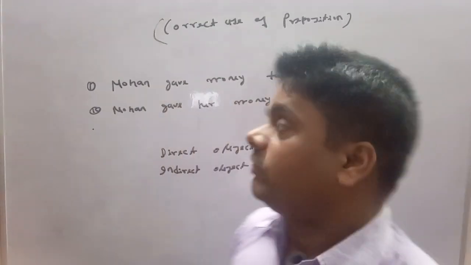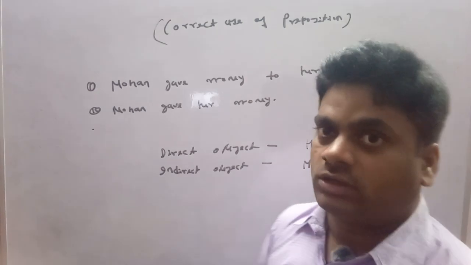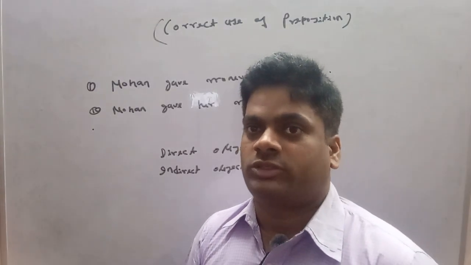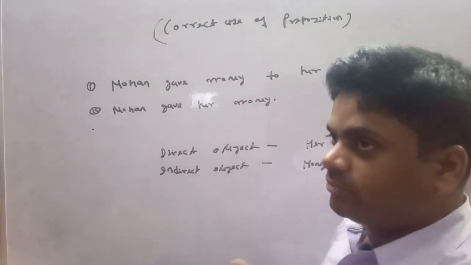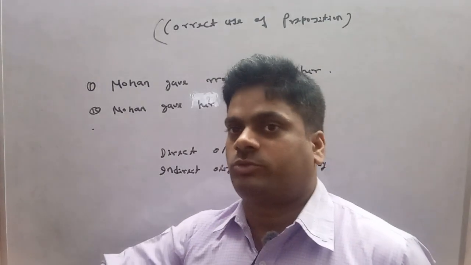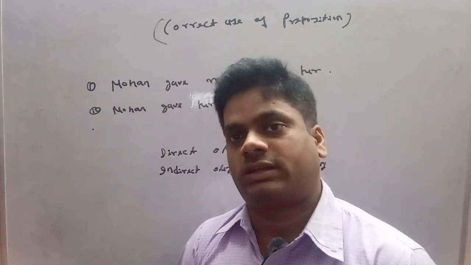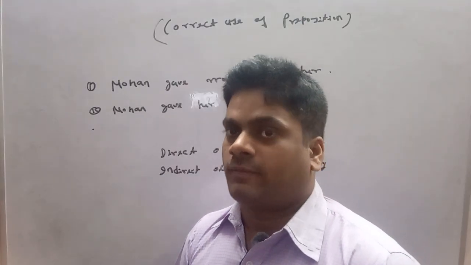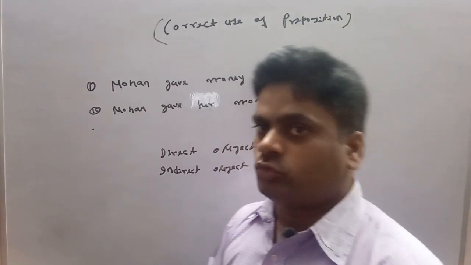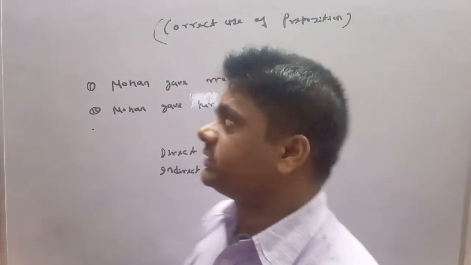So guys, now we would like to discuss objects which a verb is supposed to take in a sentence. When we talk about object in a sentence, there are two types of objects. One is primary object and other is secondary object. If the verb is supposed to take its primary object in a sentence,